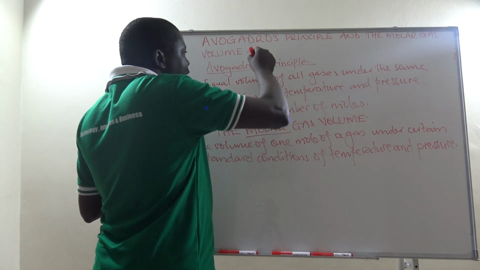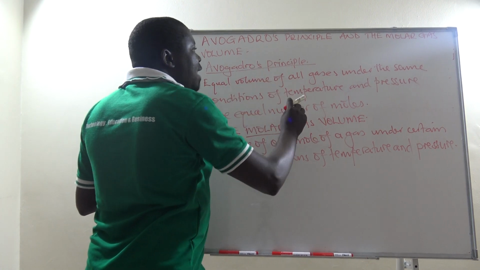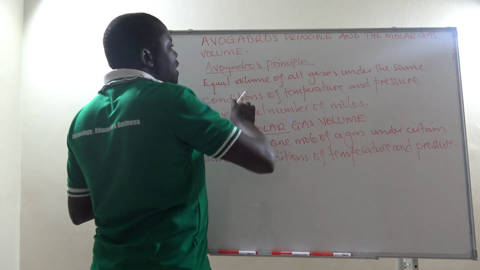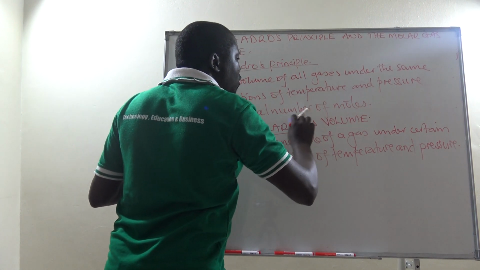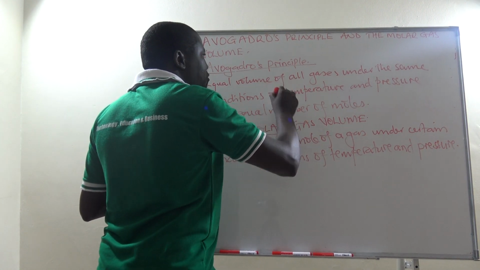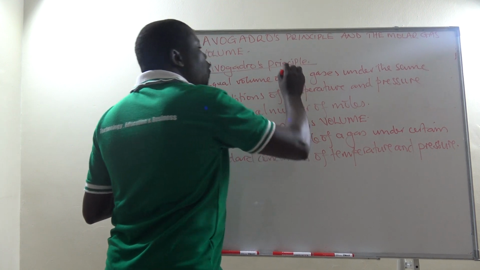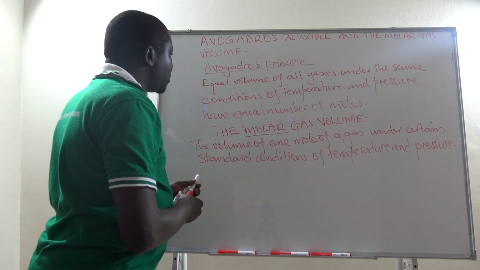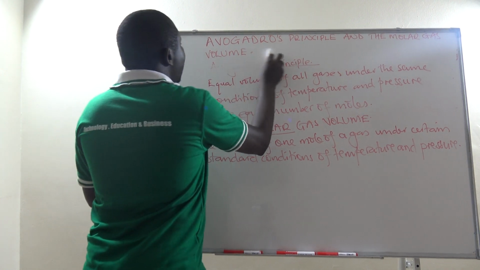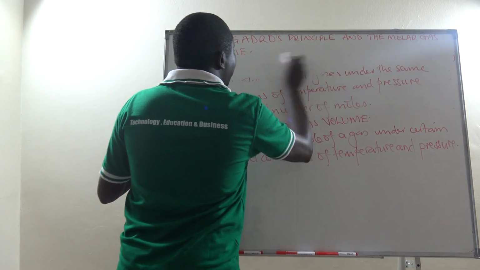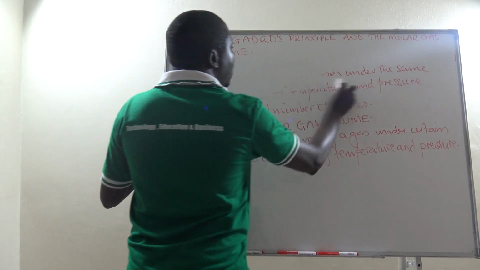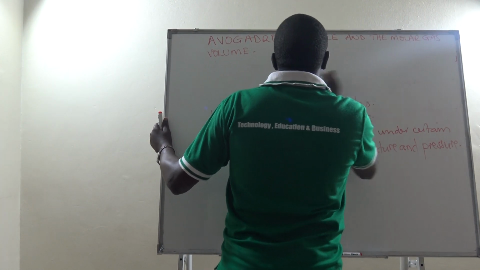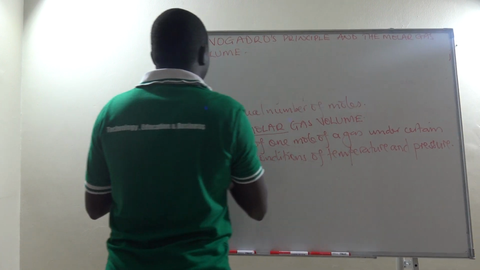Volume. So if I have 1 mole of a gas under certain conditions of temperature and pressure, I will find that it has some volume, which is true for all gases. So it makes us look at the values of the molar gas volume at certain conditions of temperature and pressure. Now the conditions of temperature and pressure in this case are: